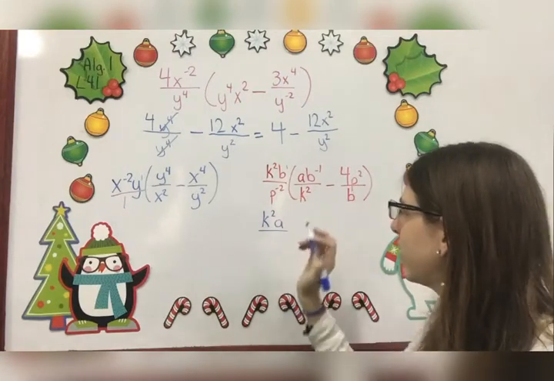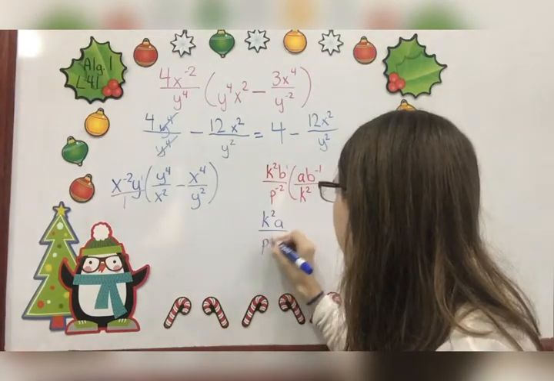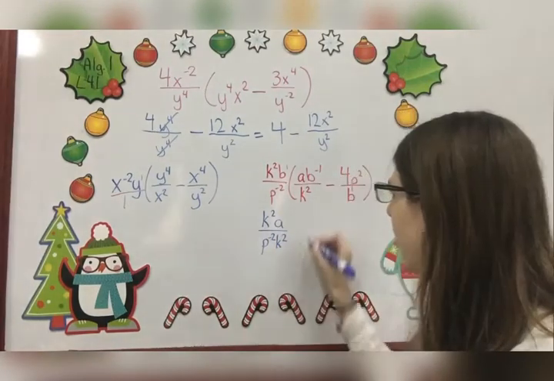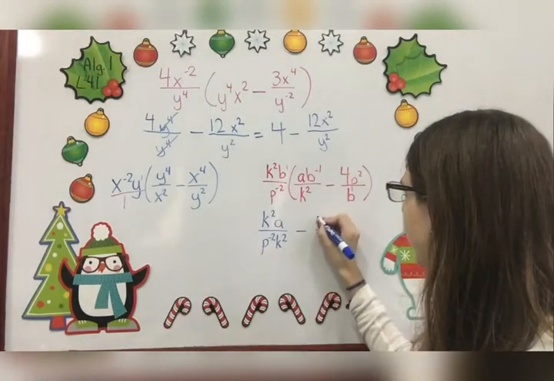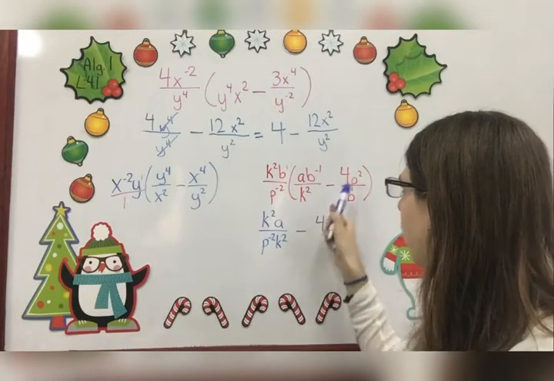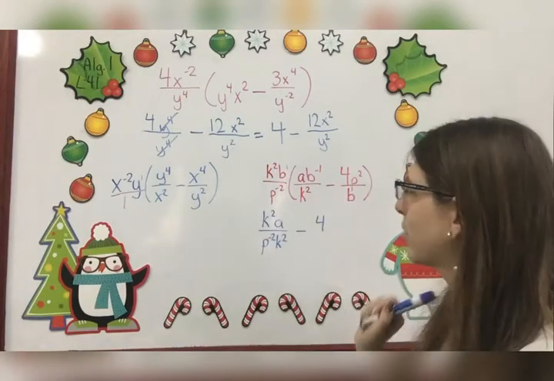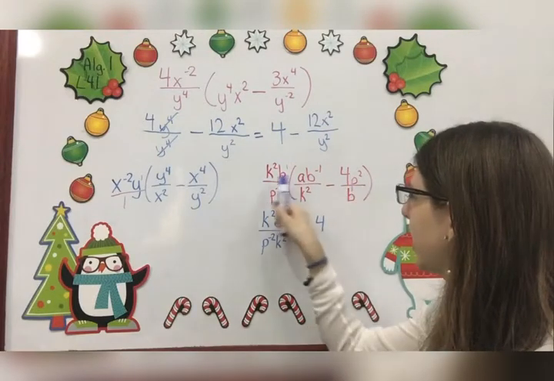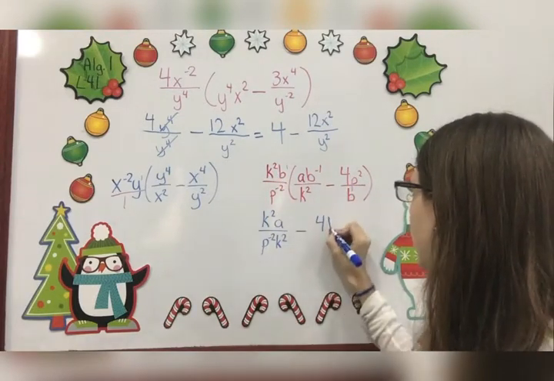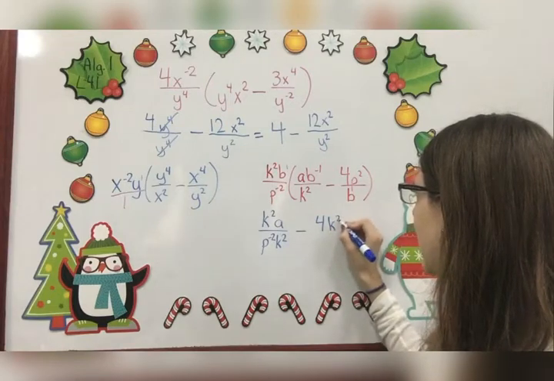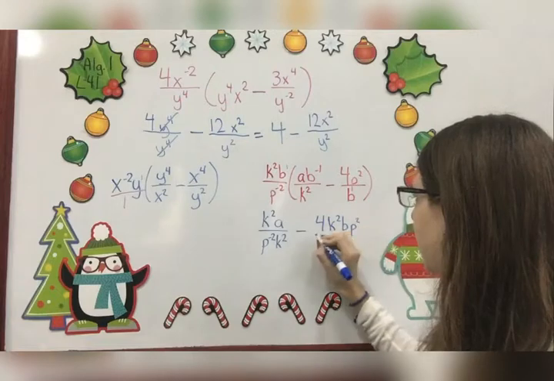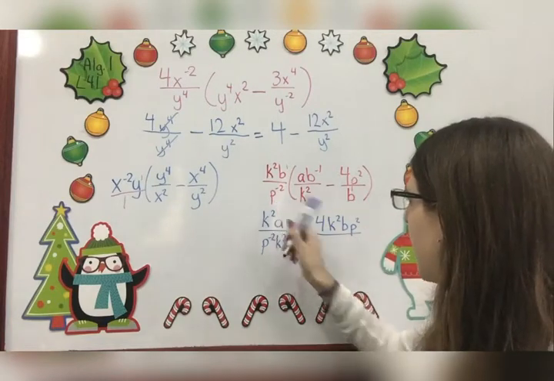Then I have p negative 2, k squared. So those stay the same as they are. There's nothing else to multiply them by. Minus 4, because there's no other whole numbers to multiply it by. No other k's over here, no other b's, no other p's. So the variables stay the same as I have them. K squared, b, p squared, over p negative 2,